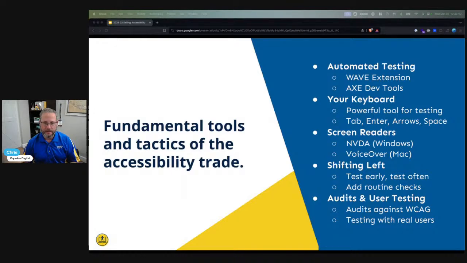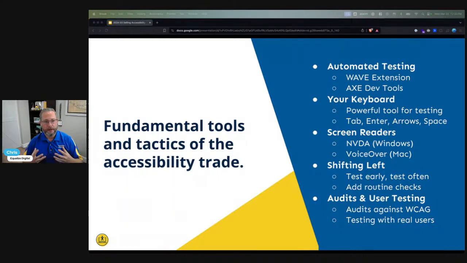First, I'd like to start with automated testing. These are quick tests and they are not a comprehensive audit. What these typically look like is browser extensions or software that can scrape or scan or run through a web page and output a list of issues that can be detected through automation. Some of them will be errors where the tool can definitively say, yes, this is a problem, because it's very straightforward in the code.